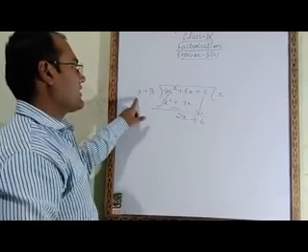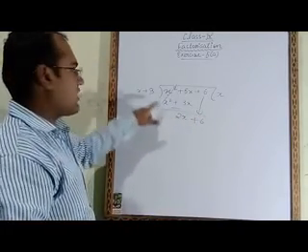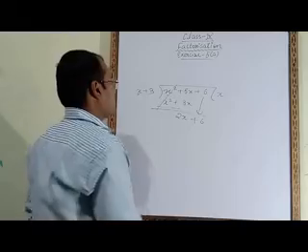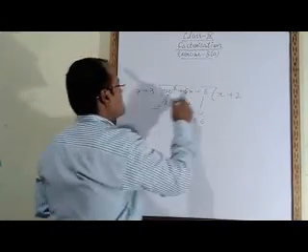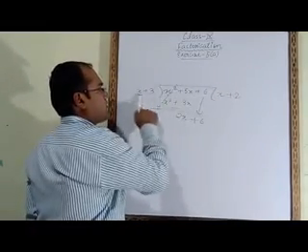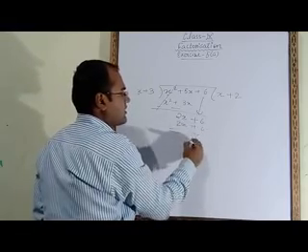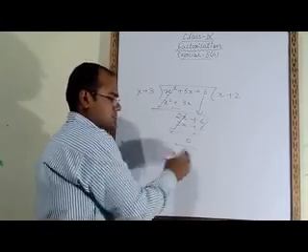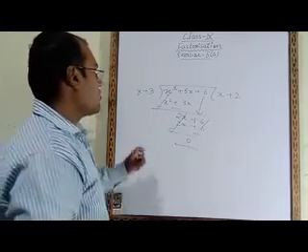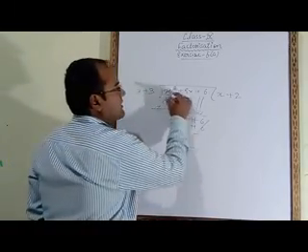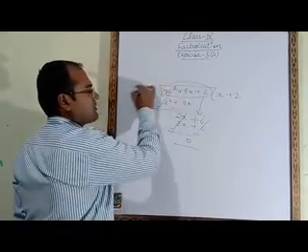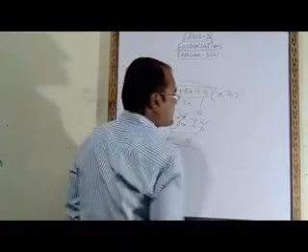Now this is x. In order to make 2x, we have to multiply with 2. So what we will do? We will take here plus 2. Now this plus 2 we have to multiply with both the numbers. So we will get here 2x plus 6. Now we will change the sign. So these two will get cancelled and the remainder will be 0. So on dividing this algebraic expression by x plus 3, we got the answer x plus 2.